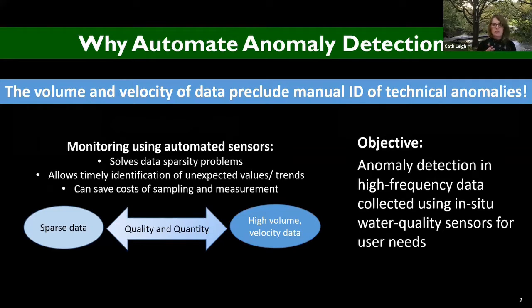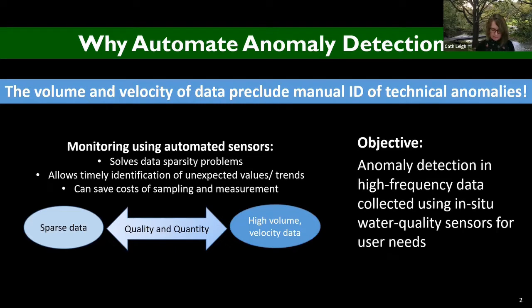So they're helping to solve that sparsity problem, but by increasing the volume and velocity of the data, we have essentially a data quality problem that we would like to solve in terms of making sure that the data is trustworthy in terms of its quality and any uncertainty around that quality rating,